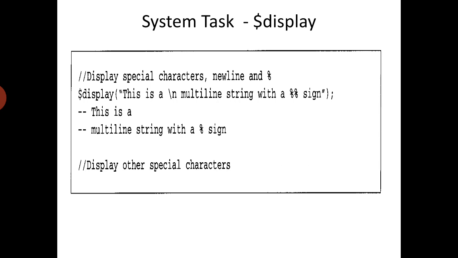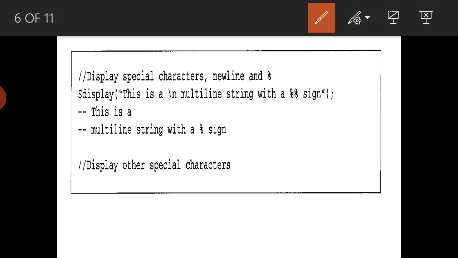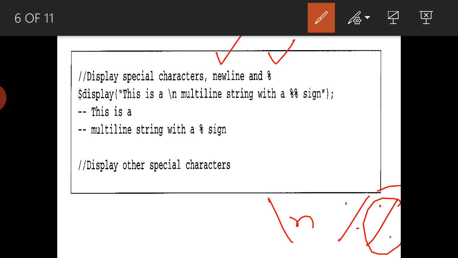The next one is one more example. Suppose I want to display special characters. What are special characters? Backslash n, and percentage is also a special character. Suppose I want to display a new line and a percentage, in that case $display. In the previous class we have already seen that special characters can be represented with a backslash.